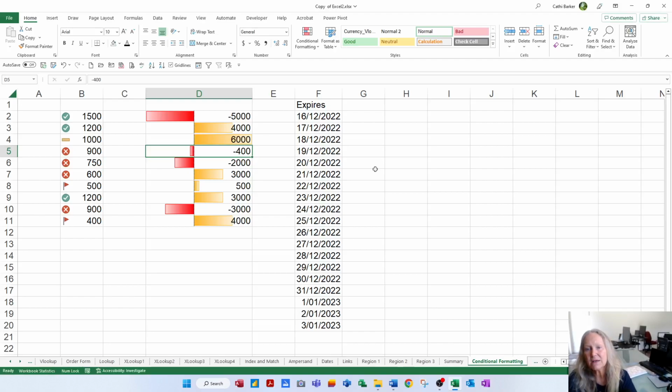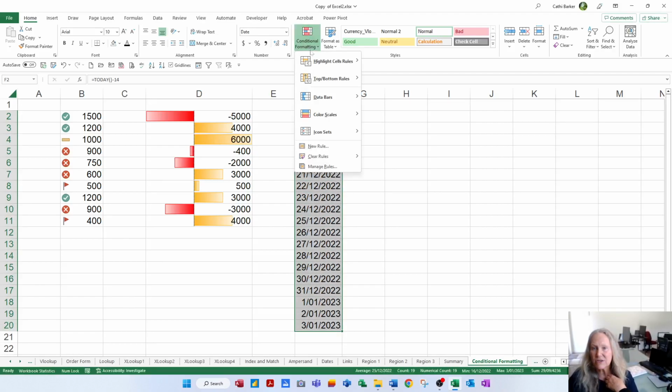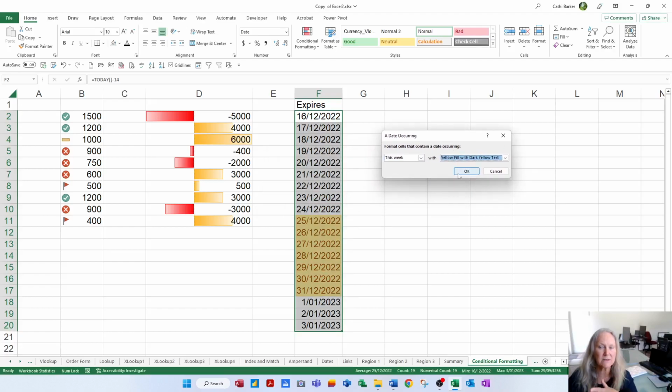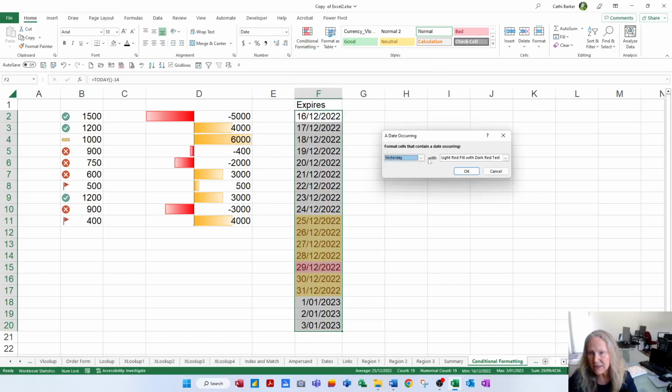Then we have the option of dates. Let's say I select this range of dates here. When you go to conditional formatting, you can highlight cells based on a date occurring. And so you could say, look, anything that's occurring this week, I really want it to show yellow. I don't want to be alarmist because it's this week. So these are due this week. But anything that was due last week really should go red. So I might go highlight cell rules, date occurring, and if it's last week, then really they should have been